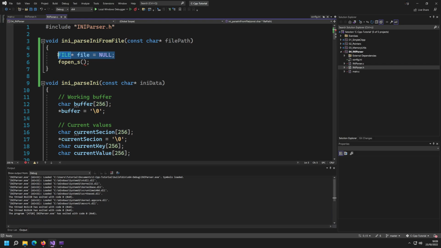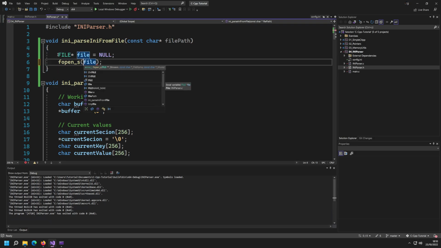In the Microsoft syntax and graphics programming, it is often referred to as PP, pointer pointer. But yeah, so what we basically need is to tell it where we store our pointer. How are we going to do this? Well, we're going to give it the address of our pointer, like that. Now we need a file name. With the file name, they really mean the path to the file, so very straightforward, just pass on the file path. Now the actual mode is going to get a bit trickier,